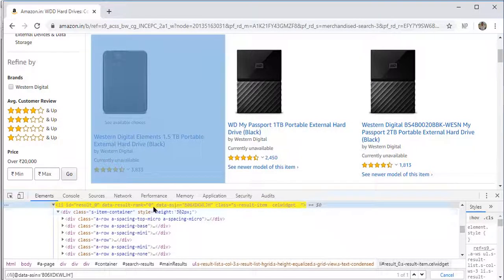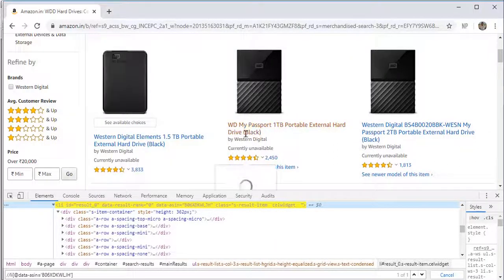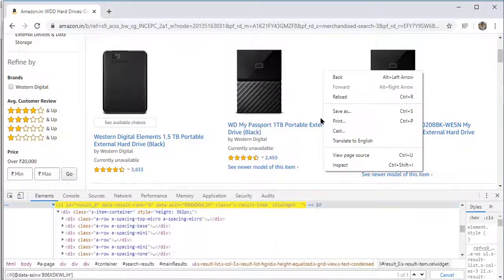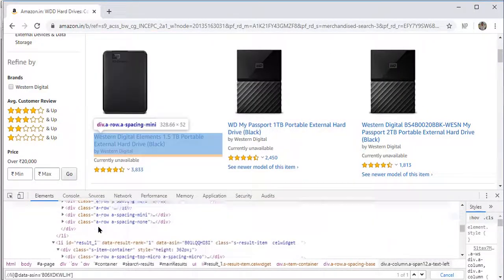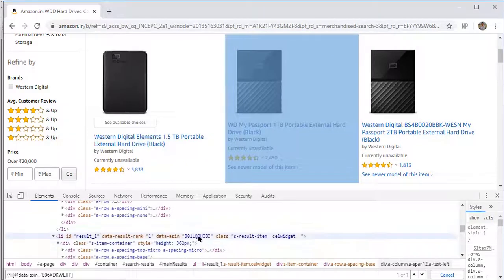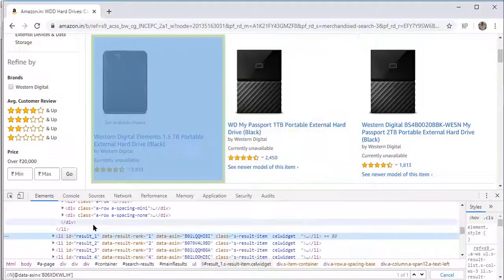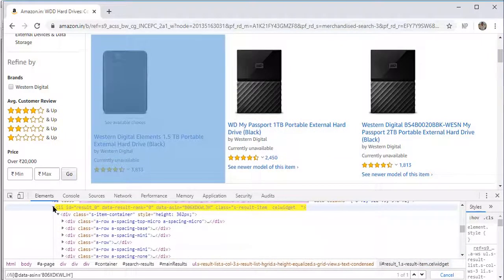It is data-asin, and this one is unique for that product. If we inspect another product and go to its LI property, its data-asin is unique for that particular product. So I got the unique property we have.